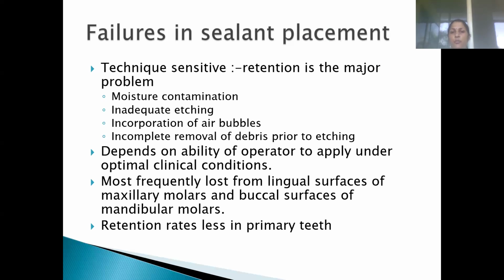Another is the ability of the operator to apply under optimal clinical conditions. Most frequently, we can see that there is loss from the lingual surface of the maxillary molars and the buccal surface of the mandibular molars, being the functional cusp of the tooth. Then retention rates are less in primary teeth when compared